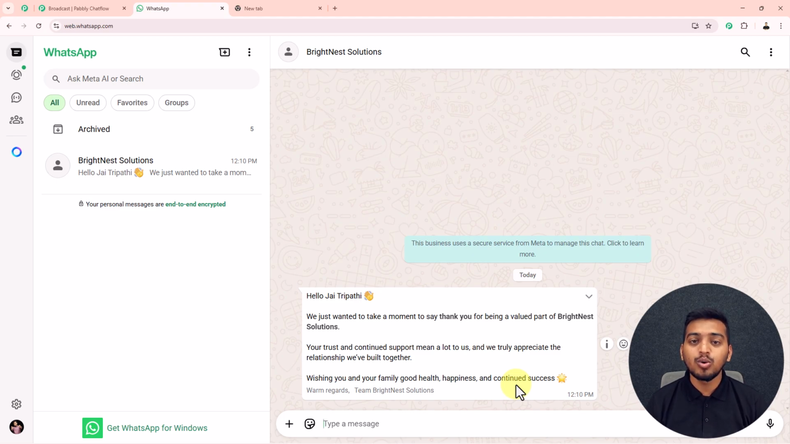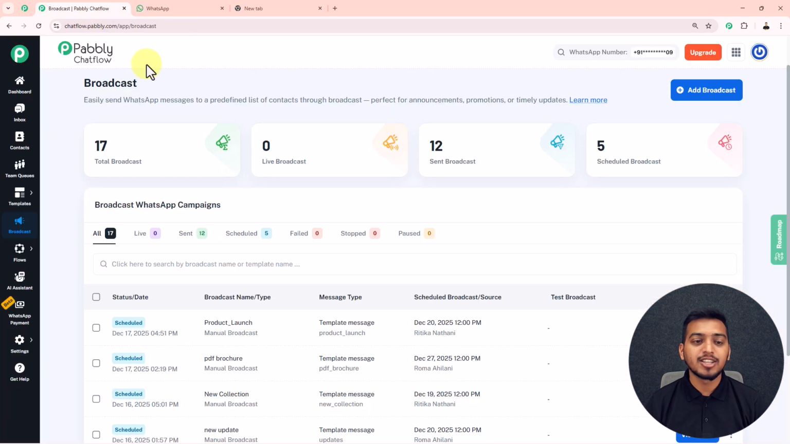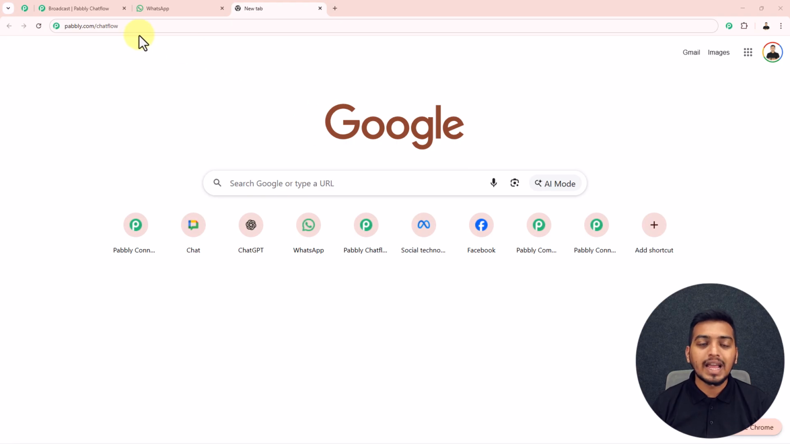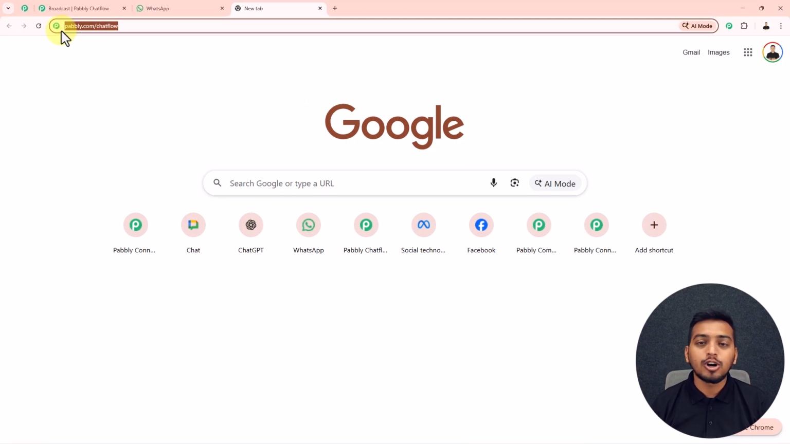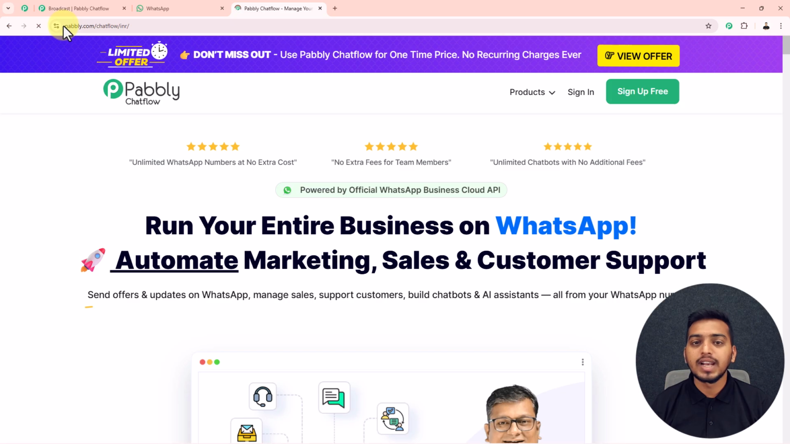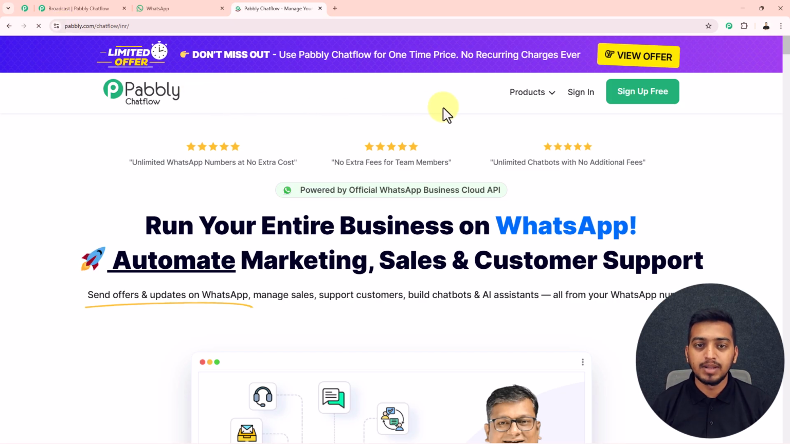Now I will show you how exactly I have created this broadcast with the help of Pabbly Chatflow. So to create this broadcast, first of all, I will help you navigate to this broadcast page of Pabbly Chatflow. For that, open a new tab and search for pabbly.com/chatflow. With this, you will get directed on this landing page of Pabbly Chatflow. In here on the right corner, you can see we have got these two different options, sign in and sign